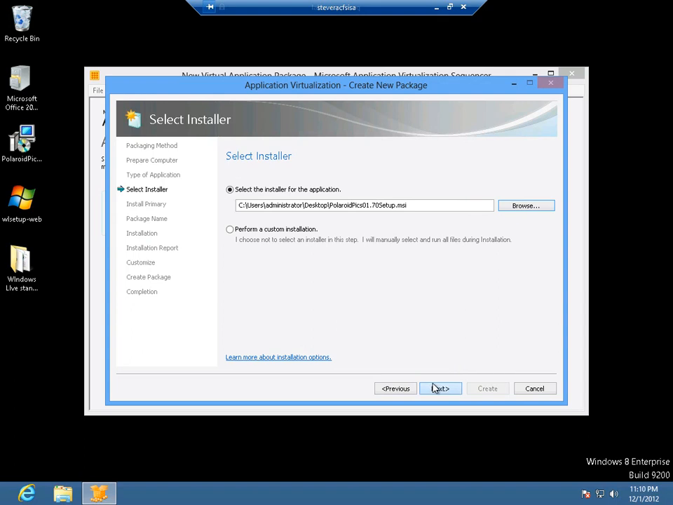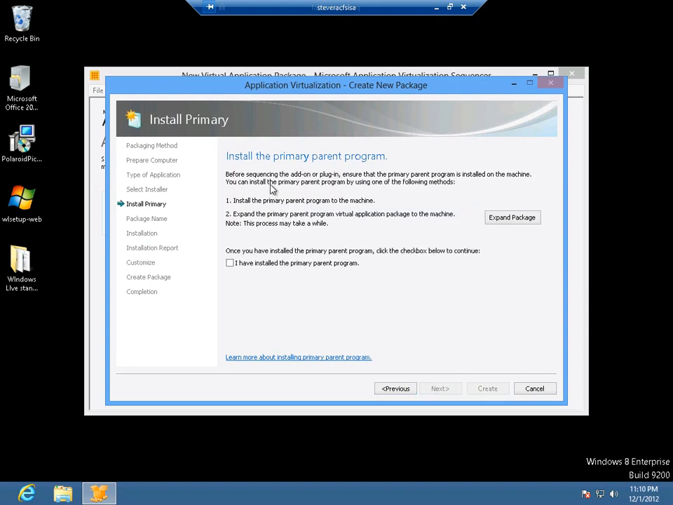Open. Next. And notice now it sees that this is a plugin, so I'm going to have to install the primary parent program. Either I can go ahead and install it myself, which it actually is installed because I just sequenced it, which is why I didn't revert. Or if this is a pristine system, one that I reverted, maybe I sequenced the primary app some weeks ago and I'm just doing the add-on now,